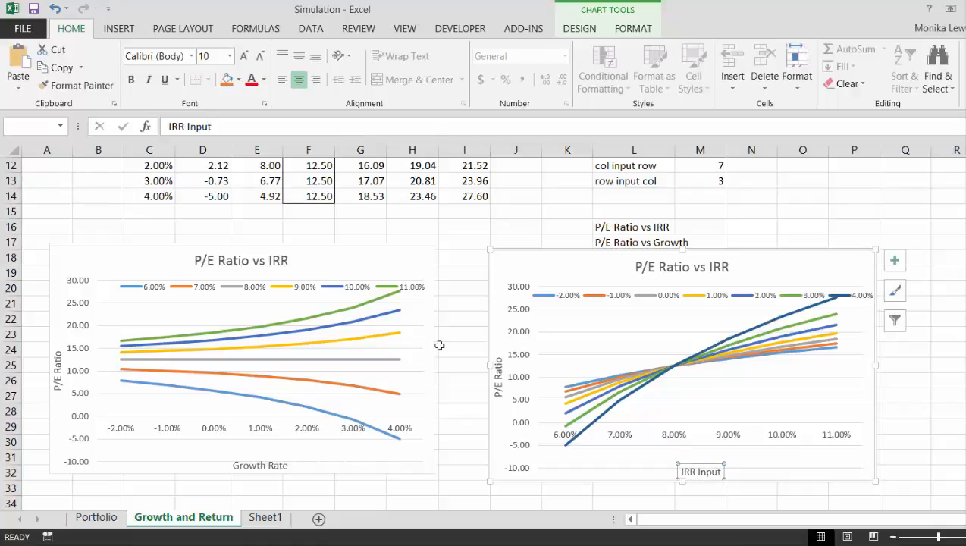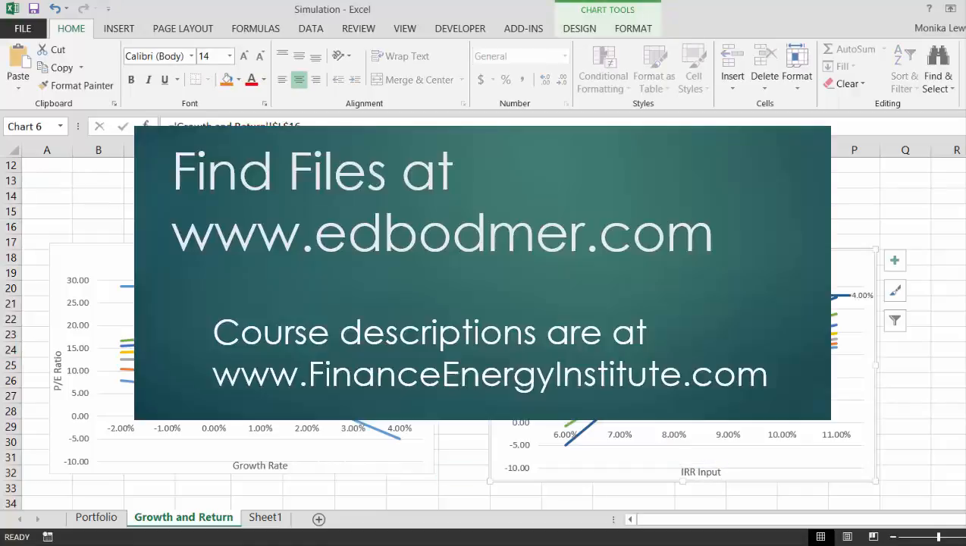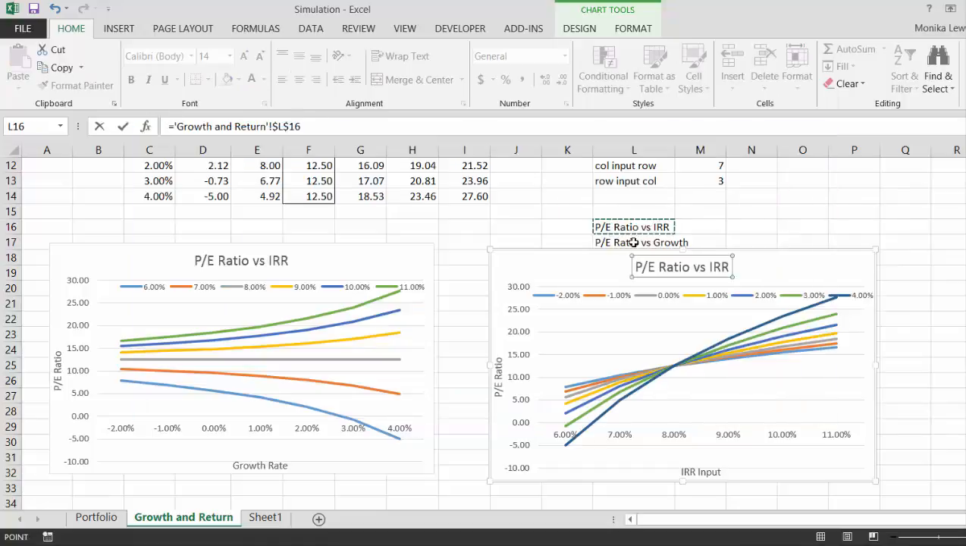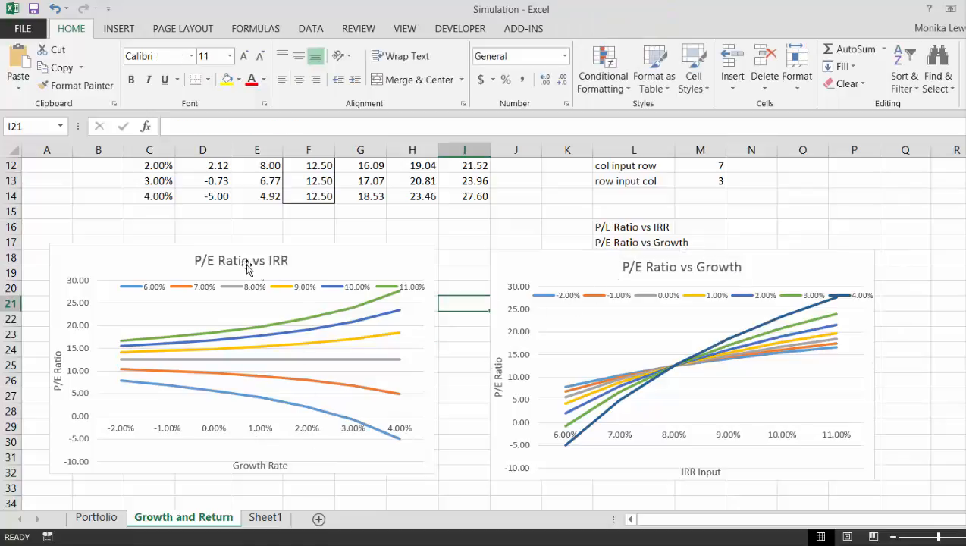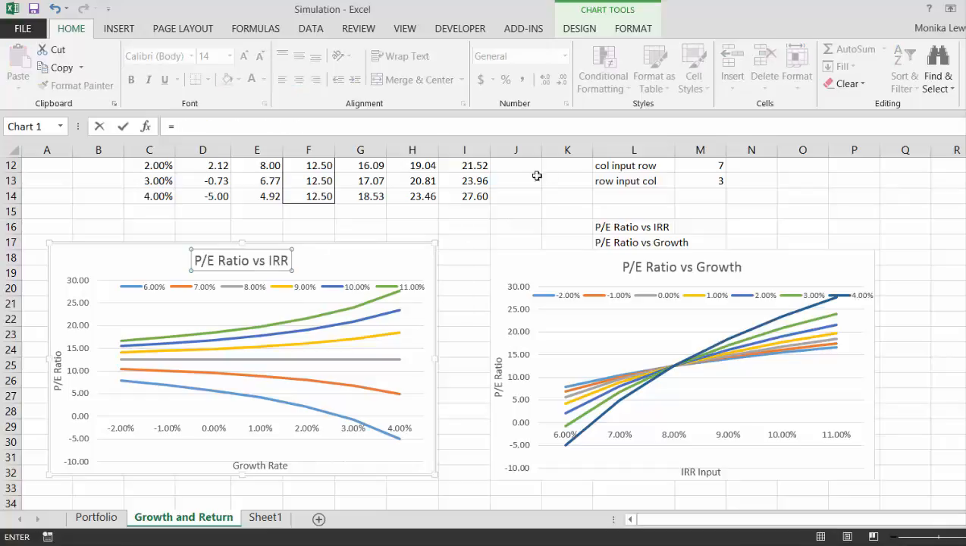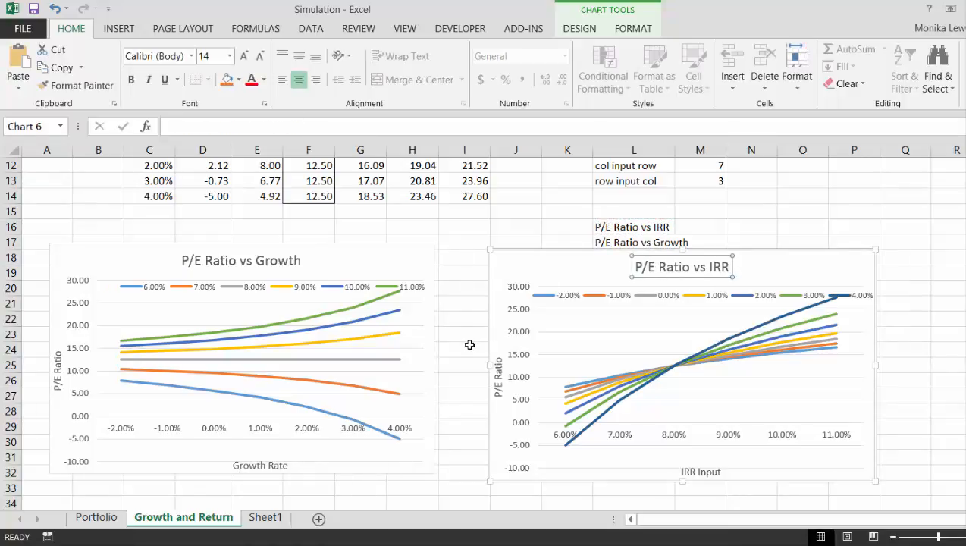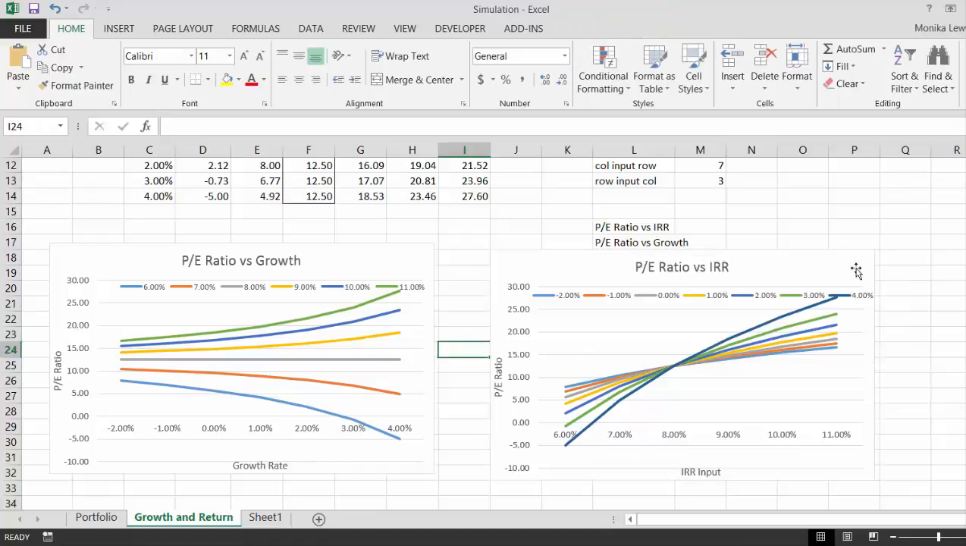Okay, and that's the PE ratio, and this one is the PE versus the growth rate. Excuse me, I've got it backwards, don't I? This is really the IRR versus PE versus the growth rate. This is the PE versus the IRR, okay? So in this case, we have a much extreme relationship,